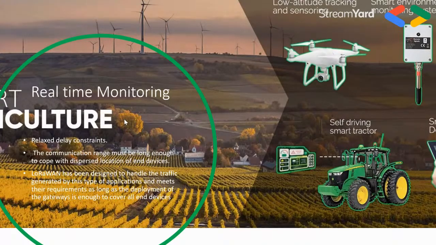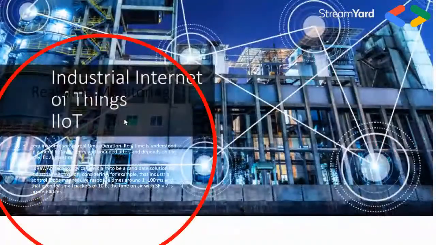The data rate of the applications حقت agriculture والزراعة وكده, usually what do they measure? They measure soil moisture, stuff like that. The amount of data sent by those applications is not much, so it's good. Okay, so we can go for LoRaWAN when we do agriculture monitoring or real-time monitoring.